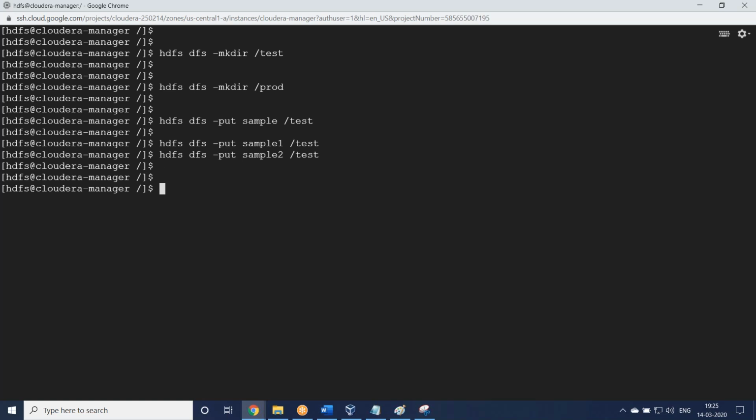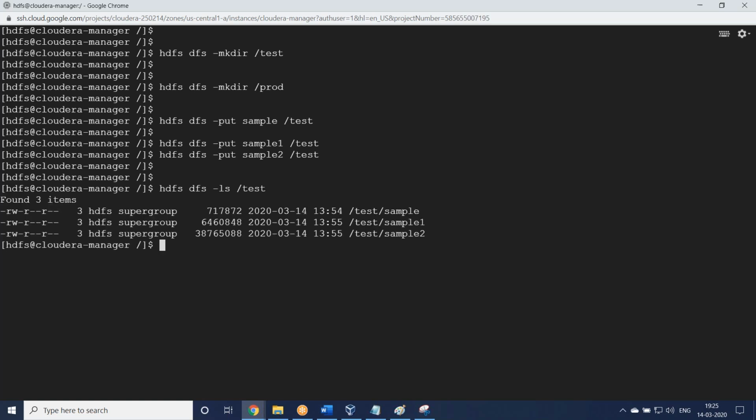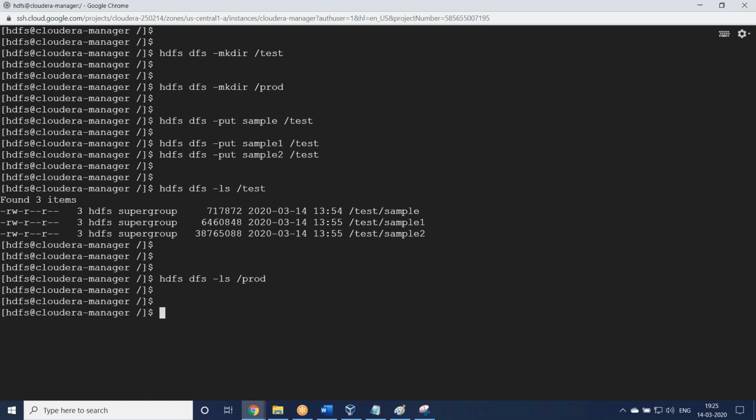You can check the folder with hdfs dfs -ls /test. We have 3 files in test, right? Let us check production. Is there any folder in prod? Nothing, the production folder is empty.